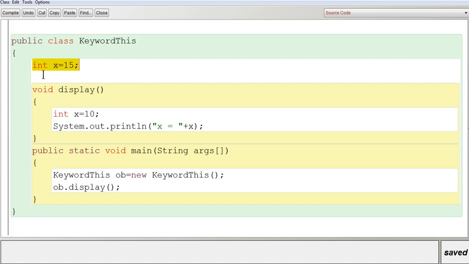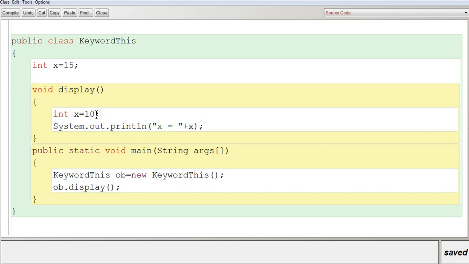This variable can be accessed only through an object, and also this variable can be used anywhere inside the program. There is no restriction there. You can use that x value wherever you want. Now inside void display, I declared another variable which has the same name, that is x, but I initialized it with the value 10.